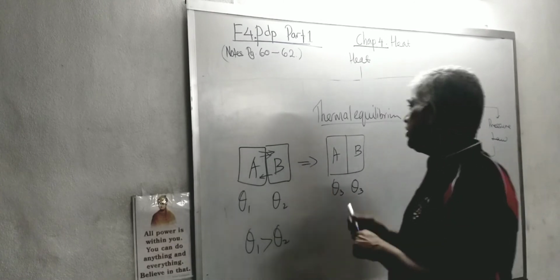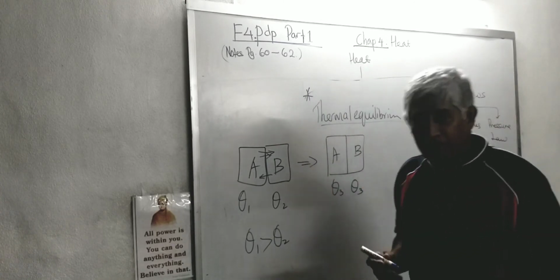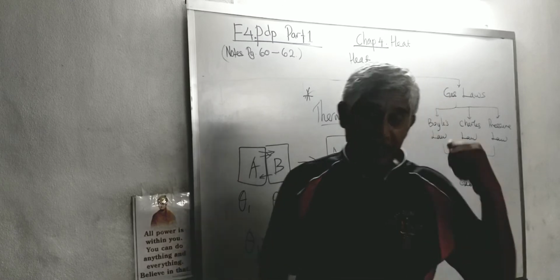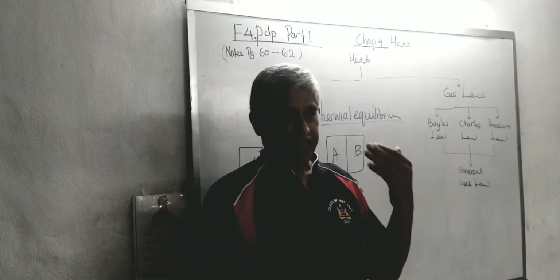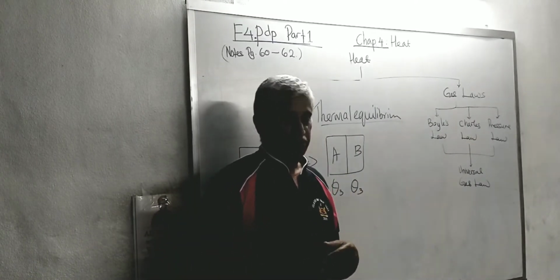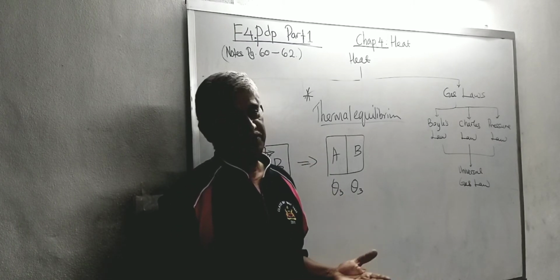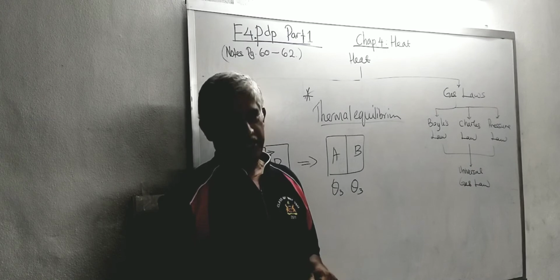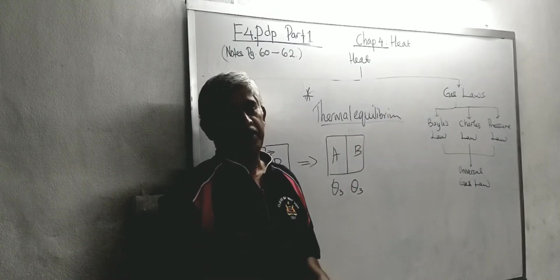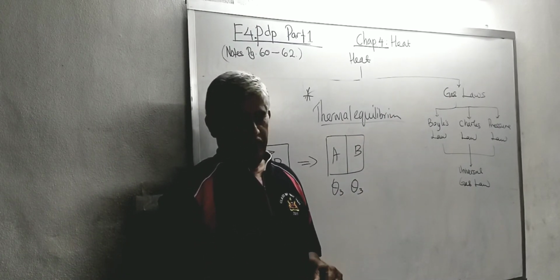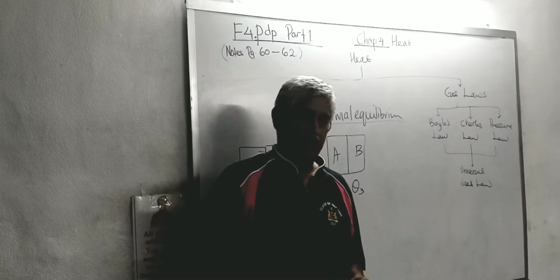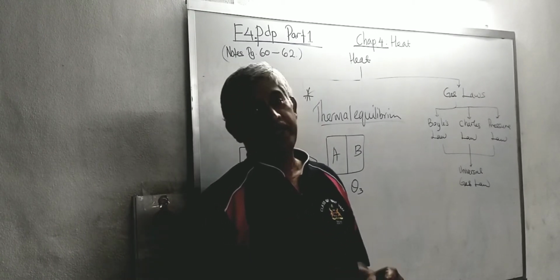Okay, this concept of thermal equilibrium is very, very important, because using this idea of thermal equilibrium, scientists have designed the thermometer. Okay, what is a thermometer used for? A thermometer is used to measure temperature. We have various types of thermometers. Alright, the most common, of course, that you use in school is the mercury thermometer.